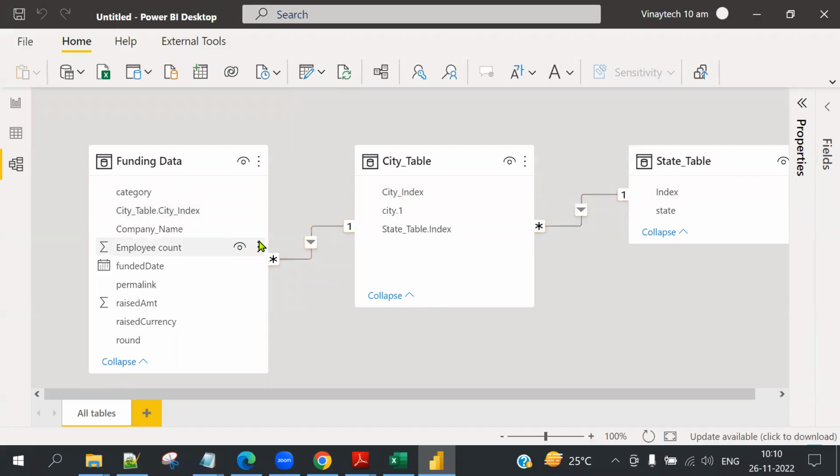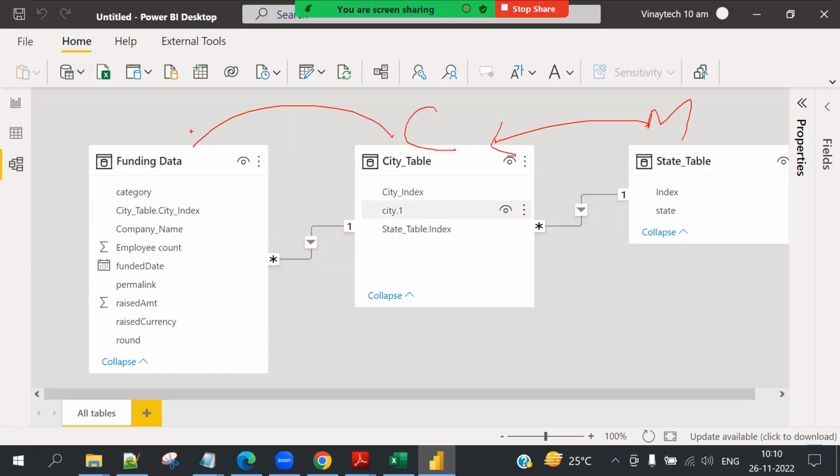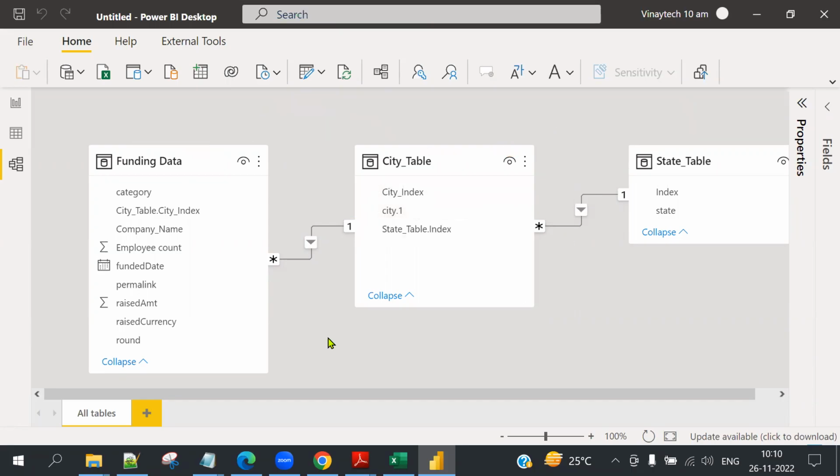So this is a primary and this is foreign. So a master table for its child, for its subchild. So always the fact table is the lowest child table. Remember, the fact table is the lowest child table. Good. So one to many is ready. So this is what the customer expects from the candidate. From this, he will understand you have good modeling knowledge as well as Power Query knowledge.